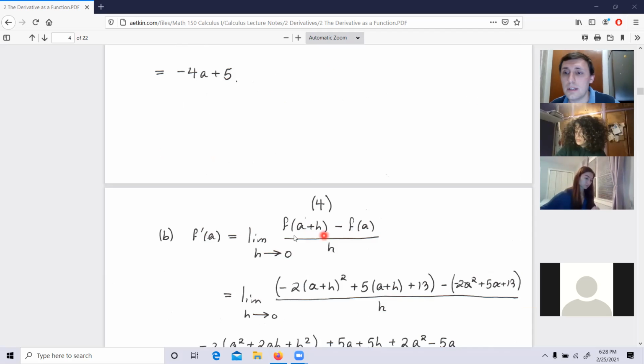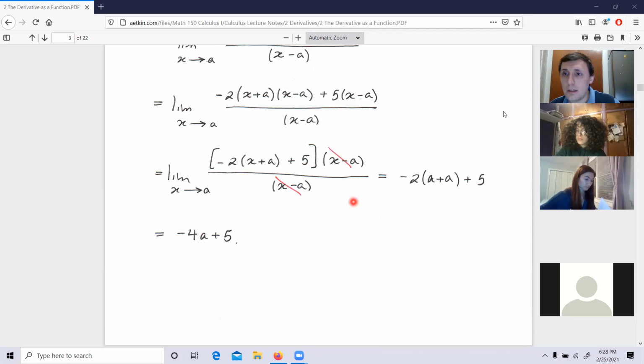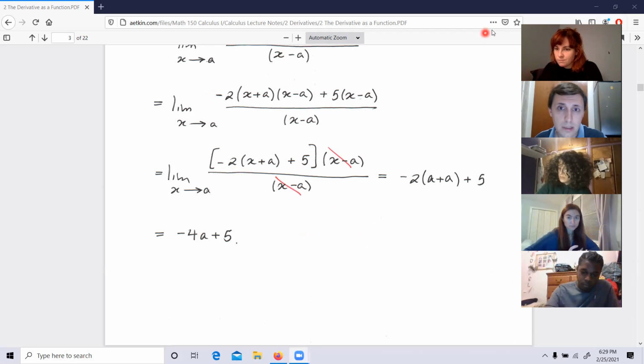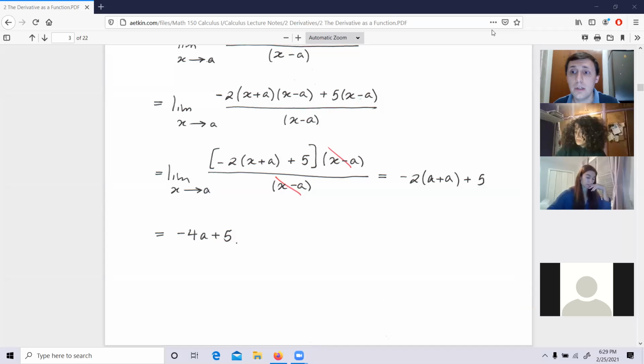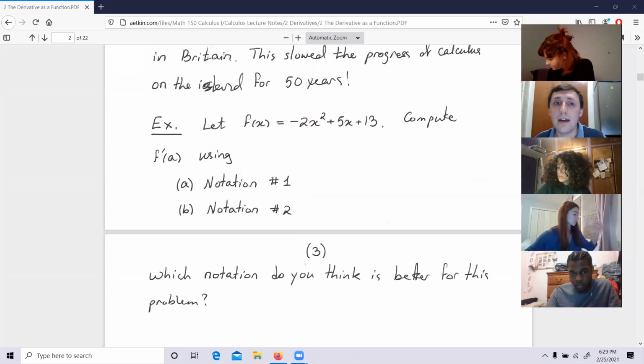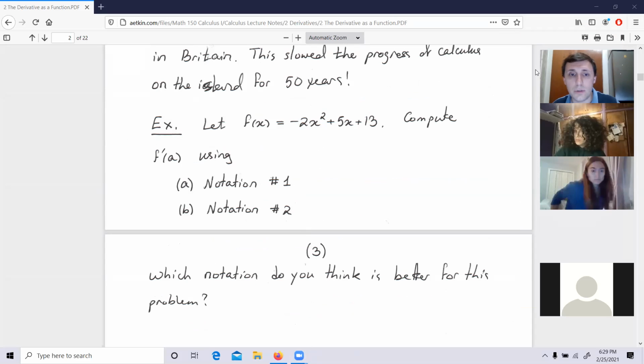Here is the second method. It would be nice, guys, if before I speak about it, you try to do it yourself. There is a point. I want you to notice something. I want you to tell me which of the two procedures is harder, and also why one procedure is harder than another. You understand what I'm asking, guys? Now, we already know the answer is minus 4a plus 5. I want you to obtain that answer using the second procedure. Give me a second, guys.